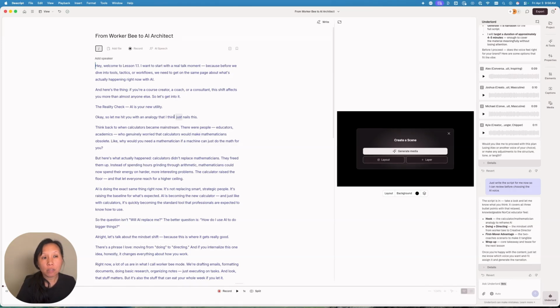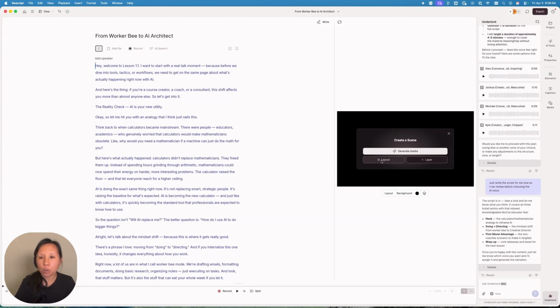and cut out sections or go back to Underlord and say, that's not quite the hook that I want, and then ask Underlord to refine it. If, let's say, this is the final script that you're okay with, and now you're ready to build the actual slide and video, what you can do is Descript Underlord has already given you like a guide here and a